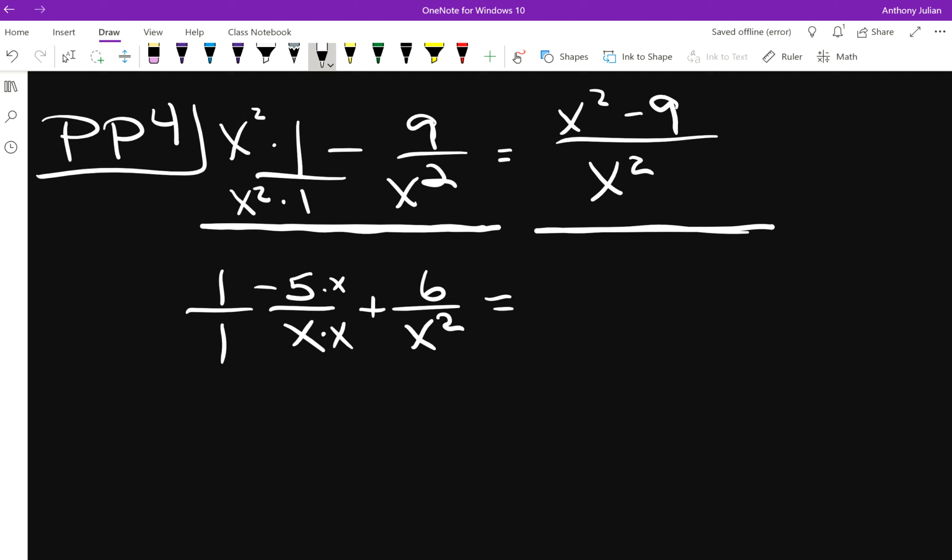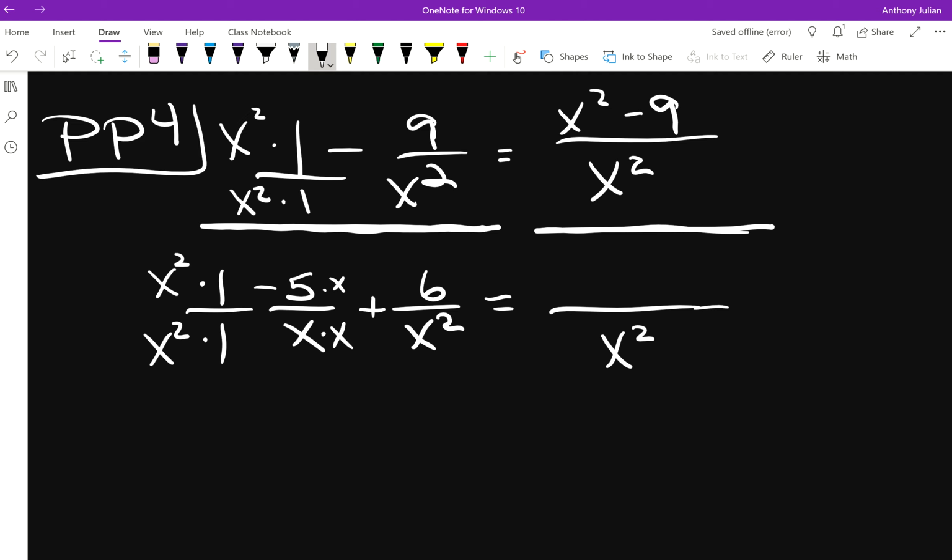This 1, I'm going to multiply by x squared, top and bottom. Bingo. All right, so as I move this across, I know my denominator is x squared, and my numerator is